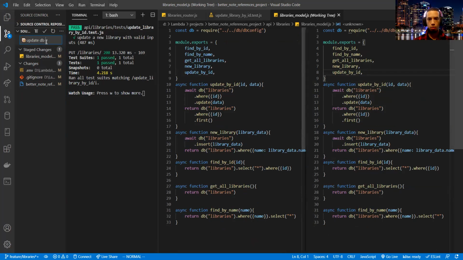It's update database with valid inputs and return updated. Update a row, update a resource, update a role, update a record. I'll go with record. Makes sense to me. Cool.